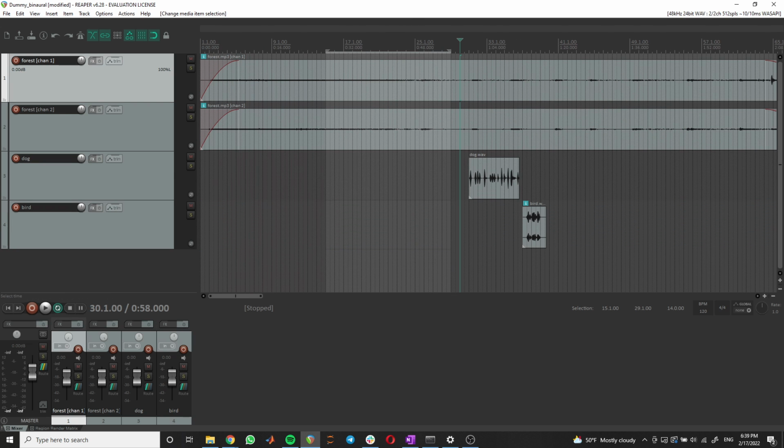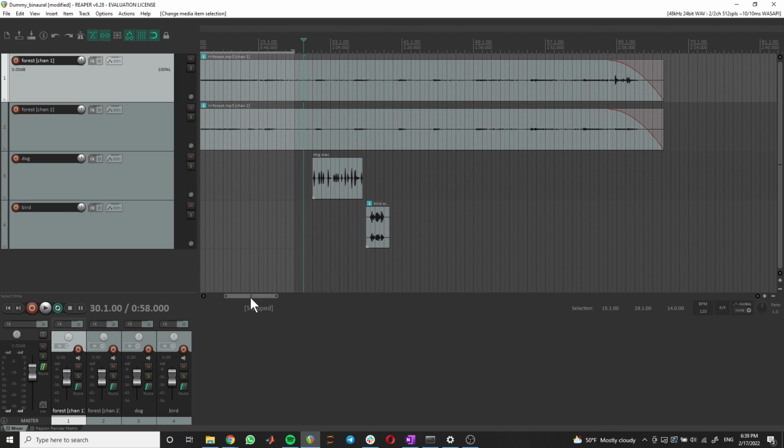Alright, so now if we play this, both the dog and the bird will sound mono or stereo in this case, but not binauralized. So if we play this,